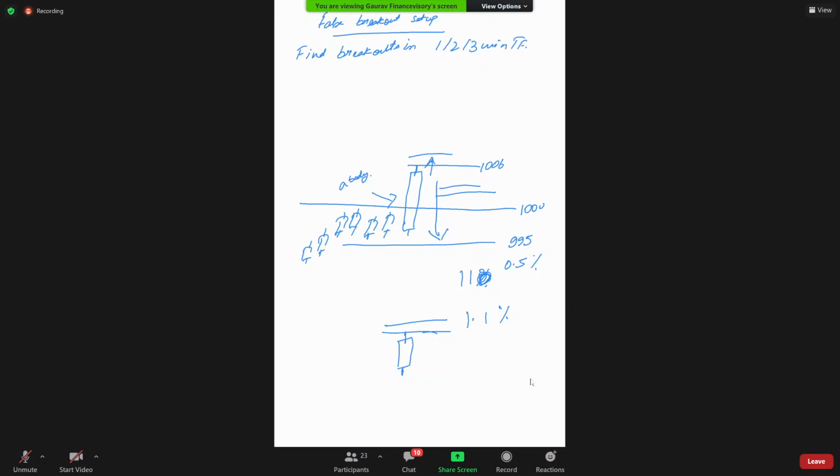What if we wait for the retest? How to take entry using false breakout setup? For retest, there is no false breakout setup, because breakout has already happened. False breakout is made just because you need to enter at the breakout. People try to enter at breakout. People don't have that much patience to wait for a pullback, and they don't even know if the pullback is going to be a good one.